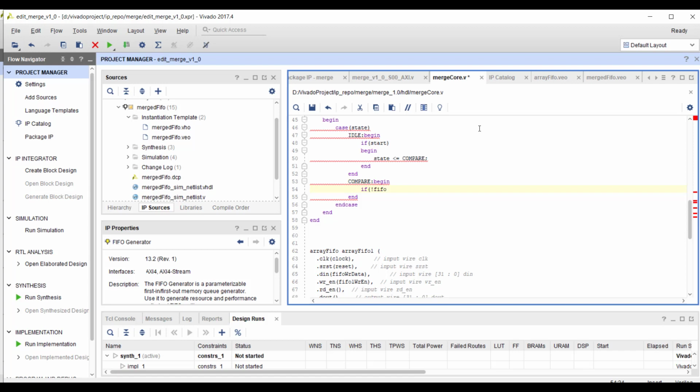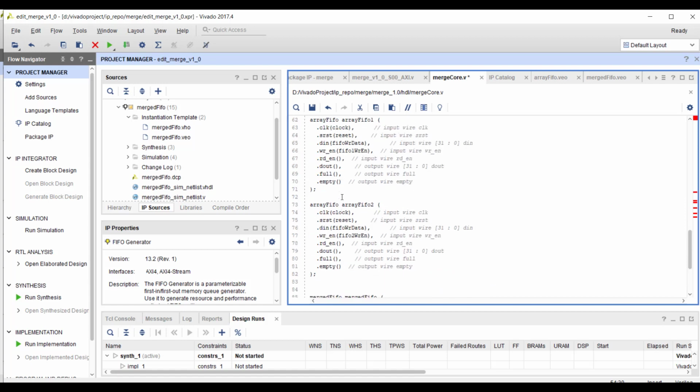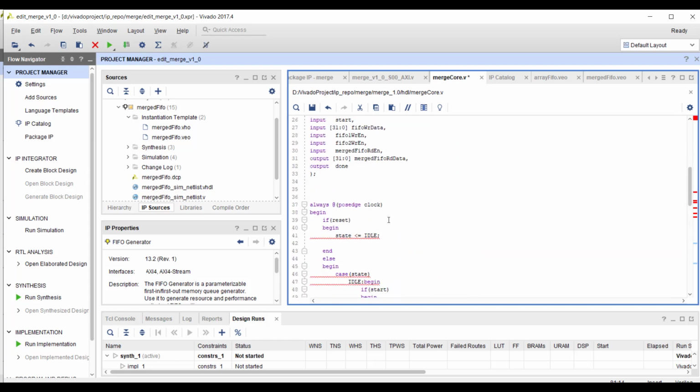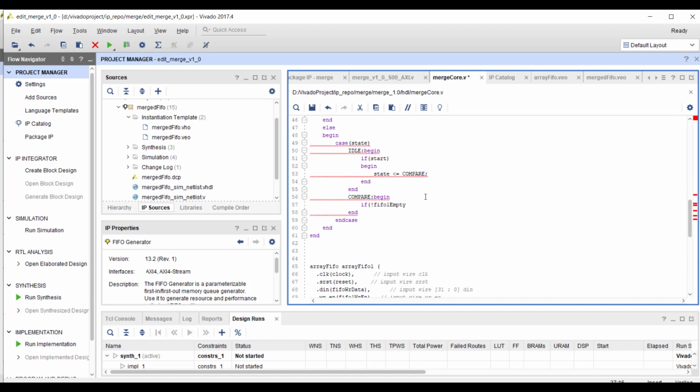So if FIFO 1 is not empty, this is the signal I'm going to use, FIFO 1 empty. So let's go ahead and connect it here. Empty, FIFO 1 empty here, FIFO 2 empty here. Let's declare them also. They are connected to the output of FIFOs, so they should be wire type. FIFO 1 empty and FIFO 2 empty. Okay, if both are not empty and not FIFO 2 empty,